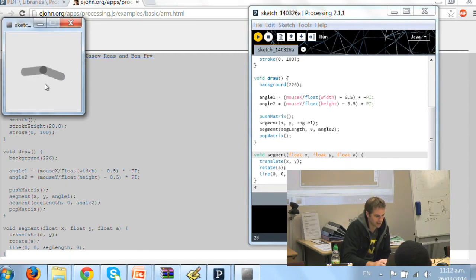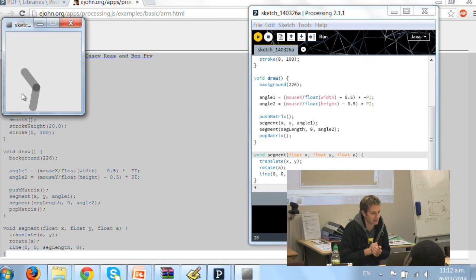So as I move my X position, you'll see we're basically hinging around this point here. As I move my X, it rotates this outer limb, and as I move my Y position, the inner one, and this one rotates the outer one. So we end up with this kind of weird robot arm thing, which is dangling from that position. Now, as I said before,